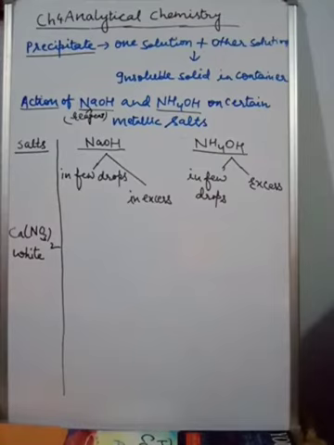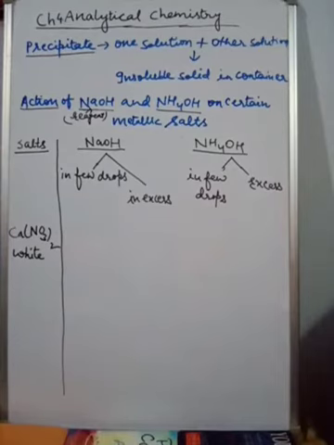But children, before starting, just a quick recap of the last module in which we had discussed qualitative analysis, reagents, colorless and colored cations and anions, which is given on page number 64 of your book. What I told you, you must learn it, as well as precipitation reaction and precipitate. So the first point is qualitative analysis.